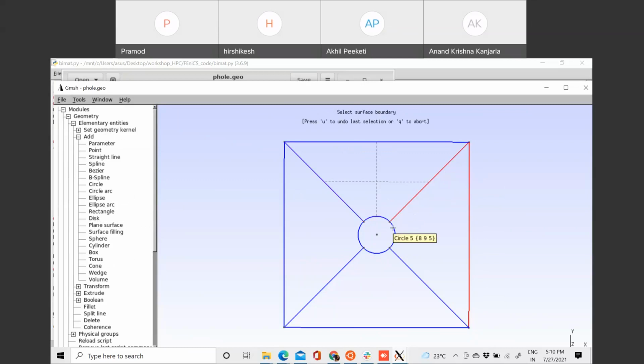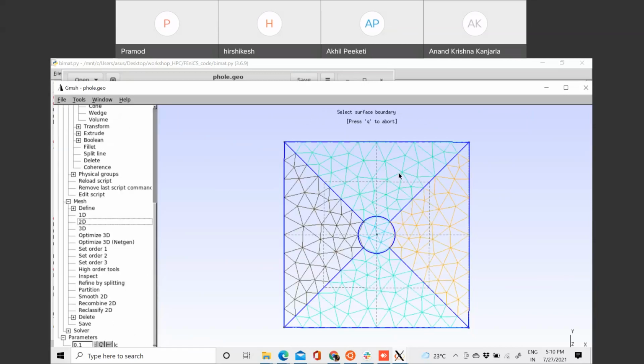So I'm assigning the surface. And then I will assign a surface for this domain also. So now we have 1, 2, 3, 4, 5 domains. Like I have already said, we can group this as a physical surface. So now we have to group this as a physical surface for